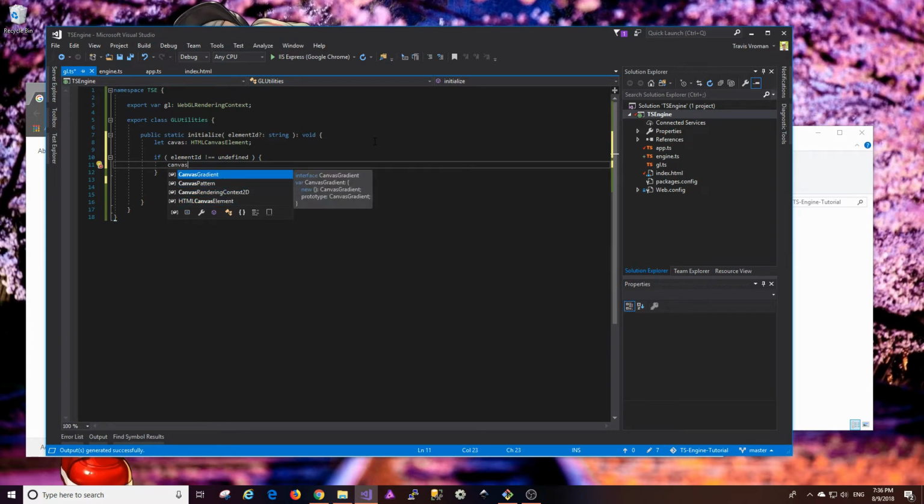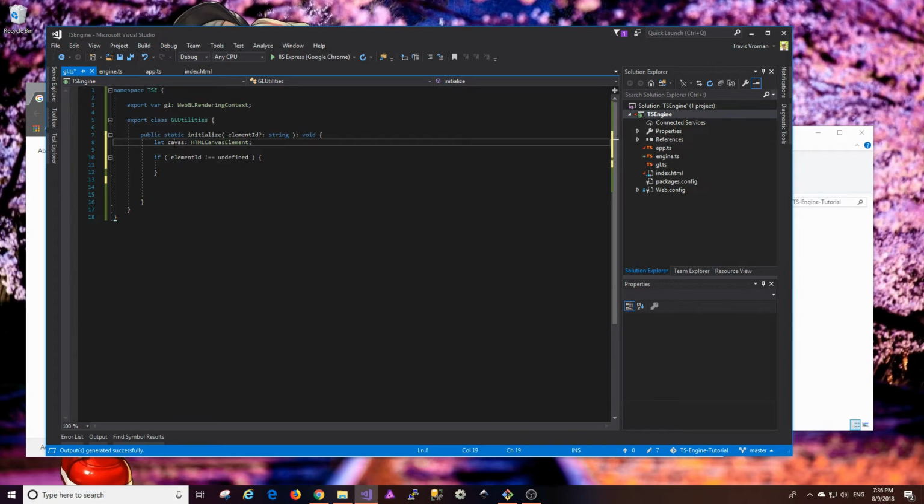Why isn't that coming up? Because I spelled it wrong. So if our element ID is not undefined, we are going to assign canvas a value by calling